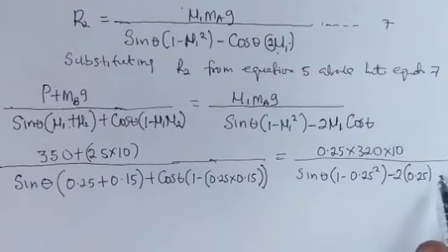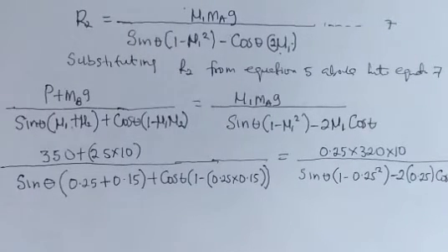So if you multiply all these together, 250, 350 plus 250 will give us 600. So this will be 600 all over